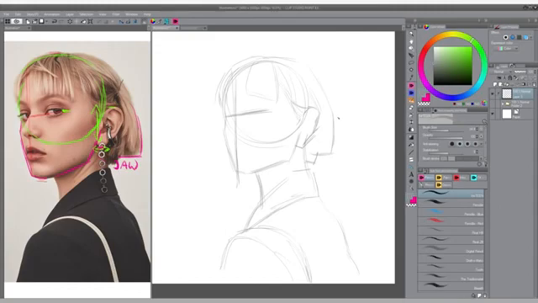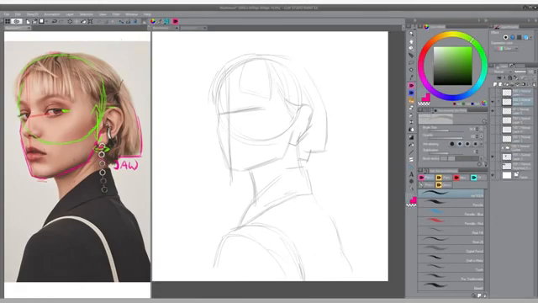And so if you're able to do this, you basically are halfway done, because this step is super important. So going back to our reference, what I see right away is that this center line that comes down her face is angled. If you look at the edge of my screen here, the distance here isn't as wide as the distance here. So I see that the line is at an angle, and mine is coming straight down, which is bothering me. So let's erase my guideline here and try to correct that. So it's more at an angle,